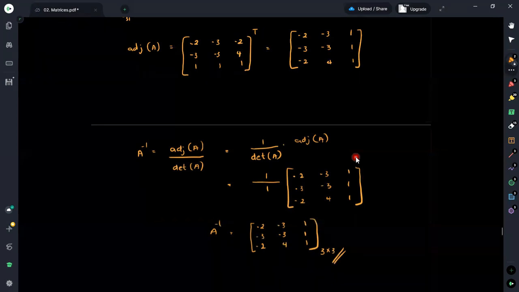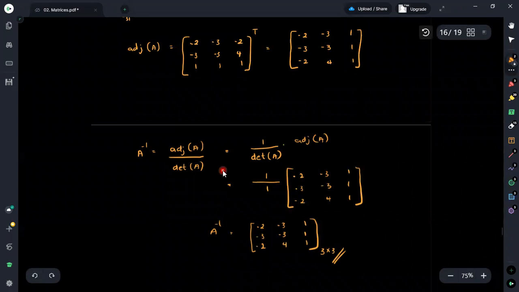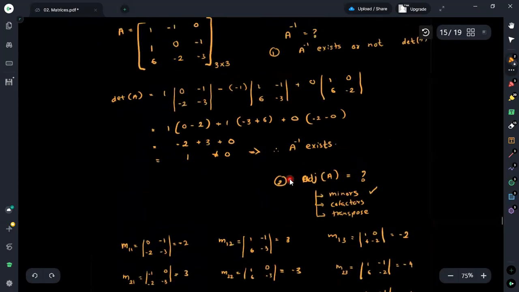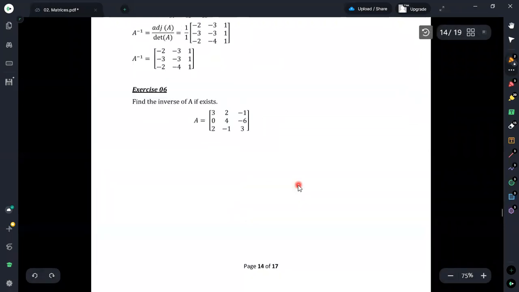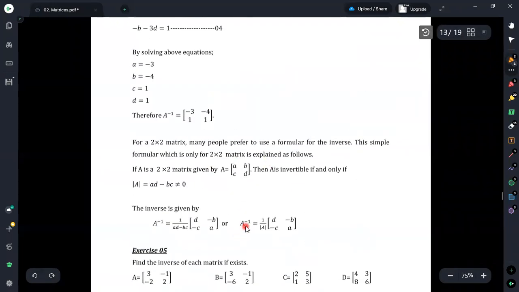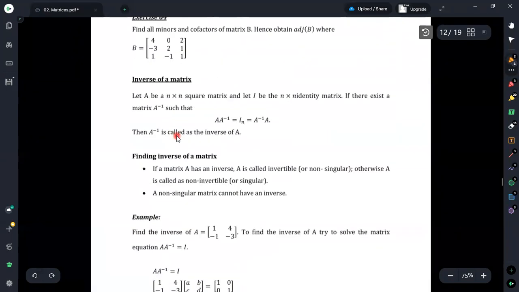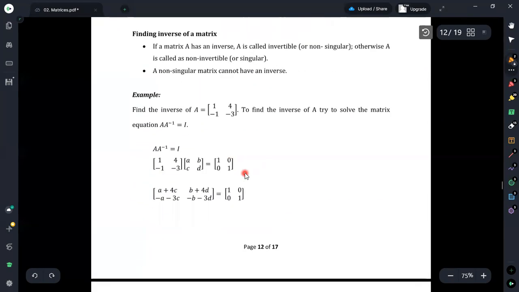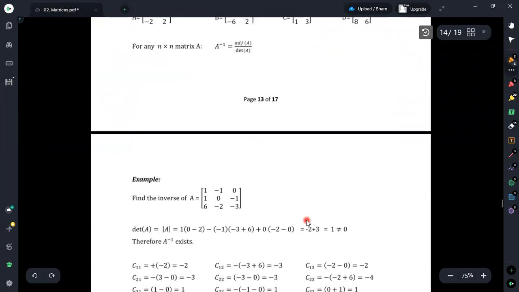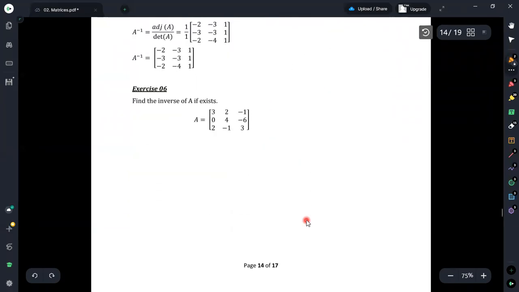Therefore, this is the way that we can use to calculate the inverse of a 3 by 3 matrix. And if you need, we can extend this to calculate it for 4 by 4 matrices as well. But generally, we are using the fundamental concept A times A inverse equals I. Using this concept, we are able to find the inverse for any given order square matrix. But we have just found an alternative method for making the calculation much easier.